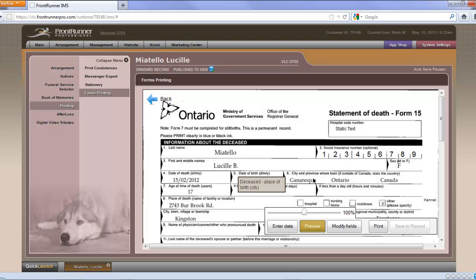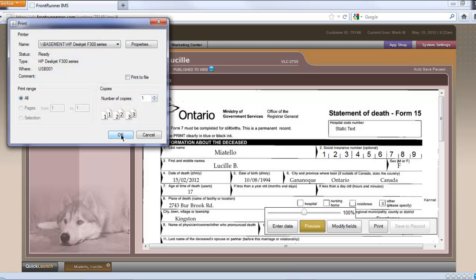So we want to print with the background. We'll click Yes. And you'll see you'll get your pop-up. If this doesn't happen, that's that Java issue. If you don't get the option of where to print, it's most likely the Java problem that you would have to go and update your Java. And then of course you can select whatever printer you want to use, click print, and your job will be